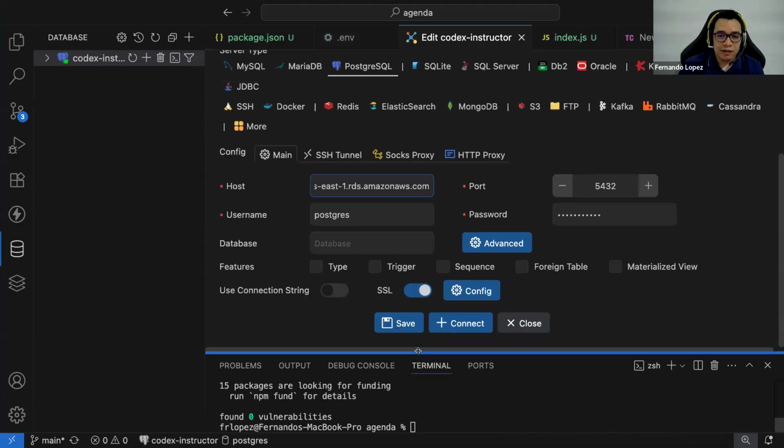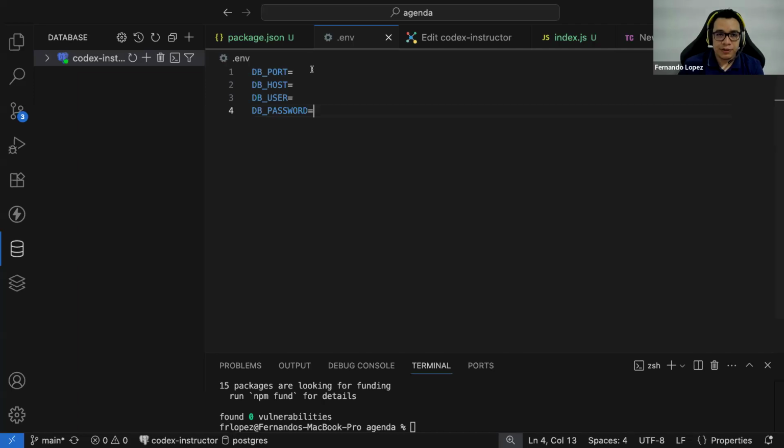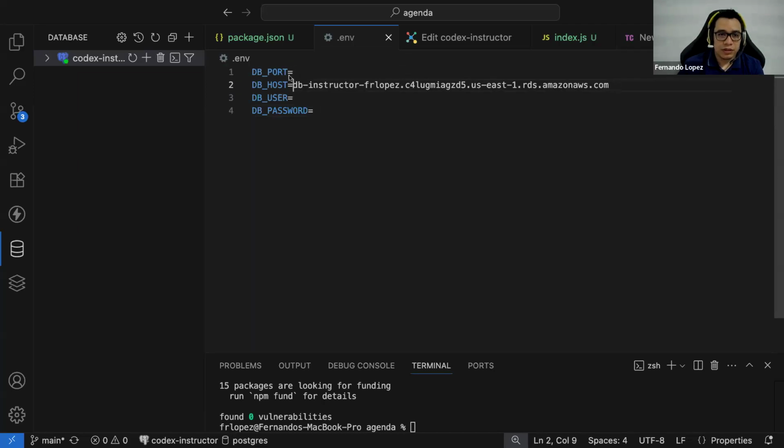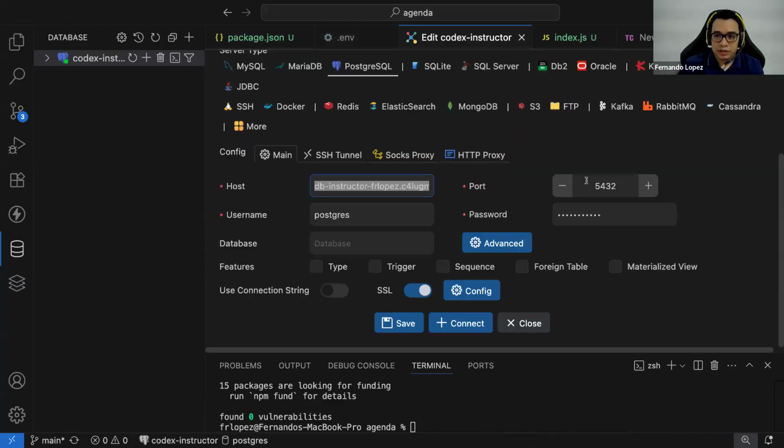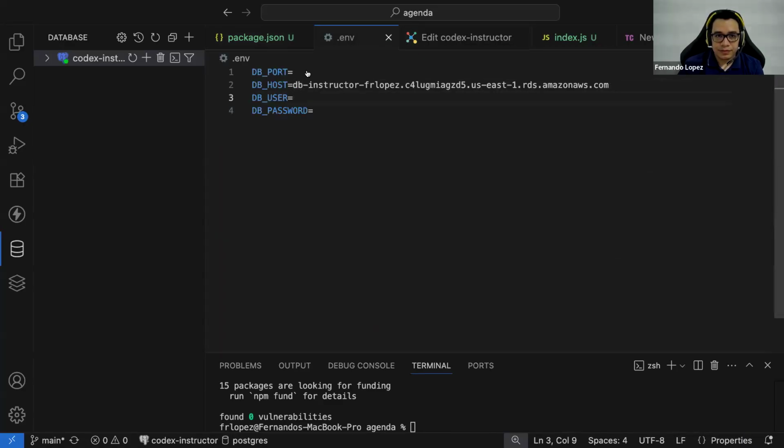And here you have the host, so you can copy and paste the host from here. You have the port, in this case this is the port. The user, I remember, is postgres in my case.